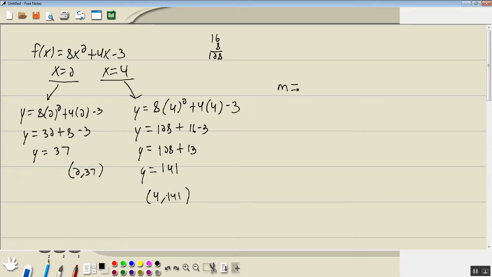Now our slope, our rate of change, is y2 minus y1 over x2 minus x1. So we'll take 141 minus 37 over 4 minus 2. That's 104 over 4 minus 2 is 2, which gives us 52. And that's our answer. Now if I were to use my graphing calculator,